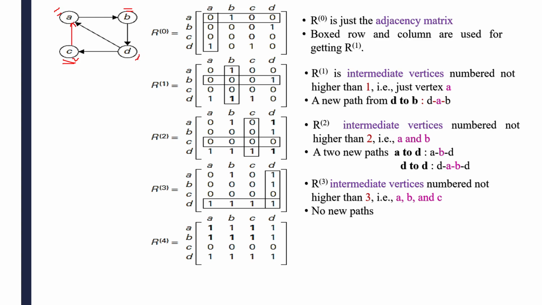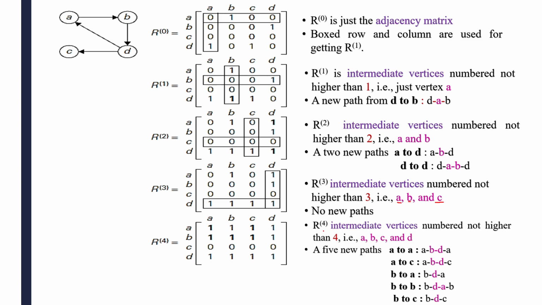This works if this edge is there, but for this example the edge is not there, that's why it stays 0 only. Okay, but among these three, A may be an intermediate vertex, AB may be intermediate vertices, or ABC may be intermediate vertices. These can come in between any two nodes. That one you consider as a path, and you can take that as a 1 here. For this example, that path does not exist. That's why there are no new paths here.